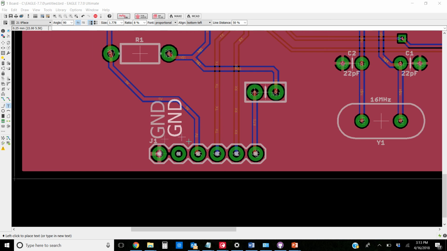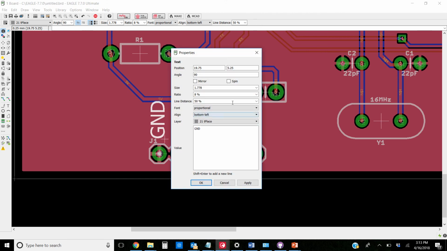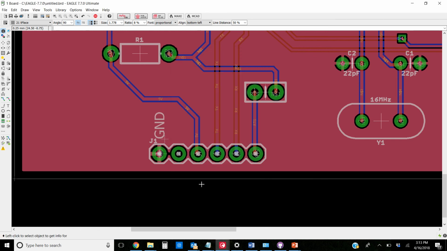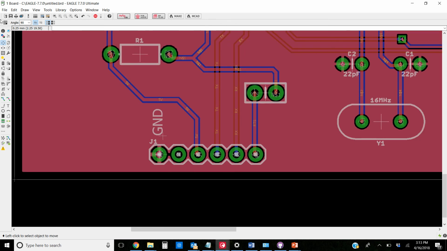But that GND looks pretty big. So let's go ahead and click on I and then click on the little crosshairs next to it. And then we can adjust the scale here. We could change this from 1.778 to say 1.27. Get this a little bit more reasonably sized, and get that lined up. So we can do that for right now, just to show you one more function, I'm just going to click copy and then